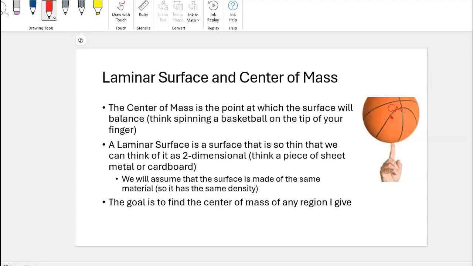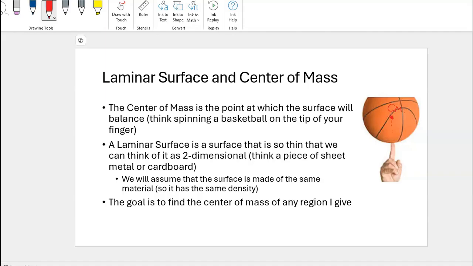So here's what a center of mass is. Center of mass is the point at which a surface will balance. So think about this picture over here on the right with a spinning basketball on the tip of your finger. The center of mass is this red point in the center of that ball directly above the point where it's